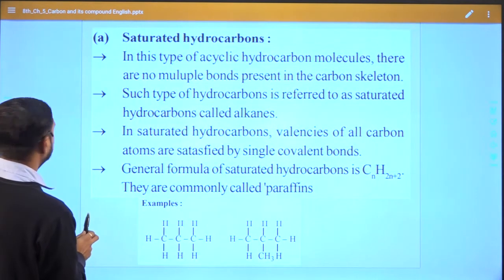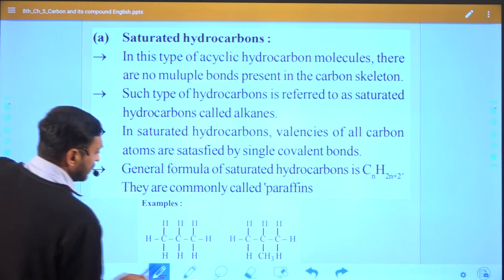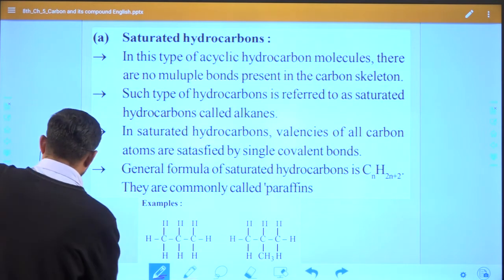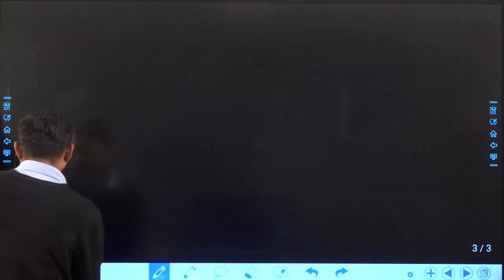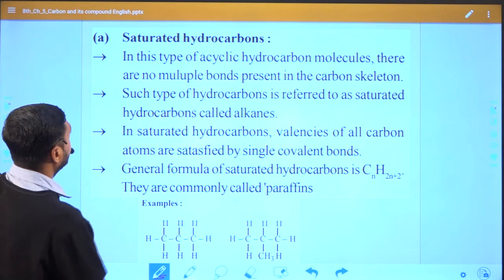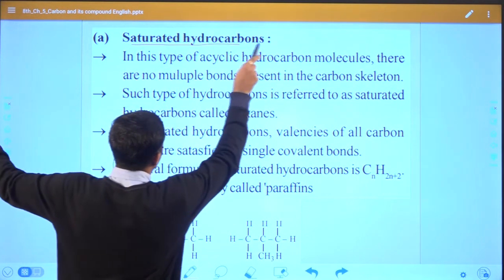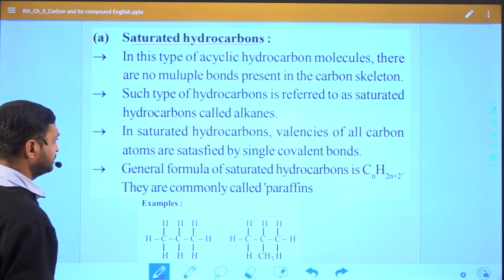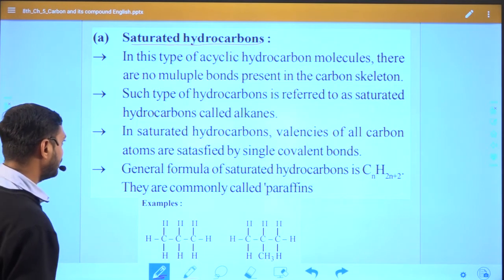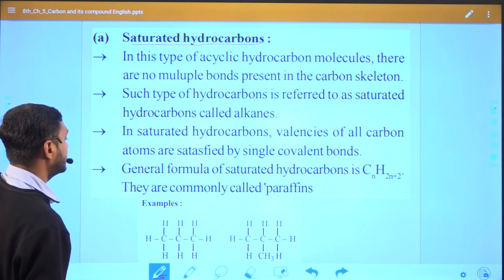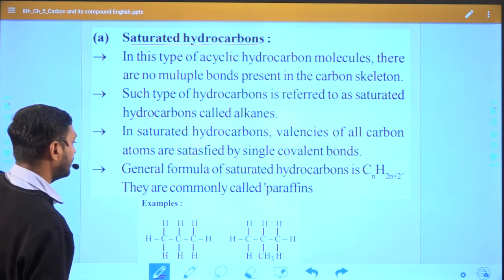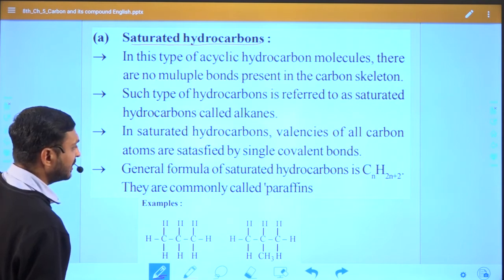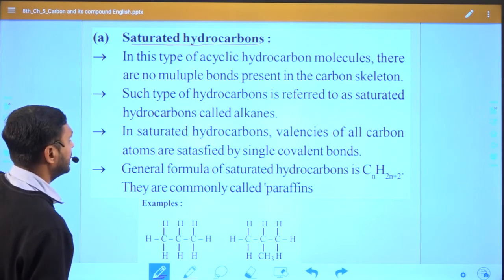These things we also discuss. Now we are going to differentiate saturated and unsaturated. What is the difference between saturated and unsaturated? First of all, what is a saturated compound? First we understand its concept, and then we will apply this concept to different types of saturated molecules, and then we can get clarity about saturated hydrocarbons.